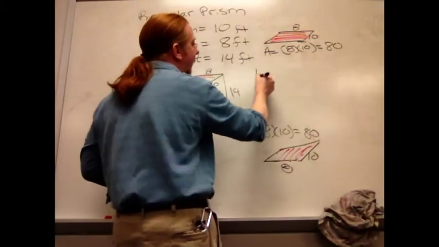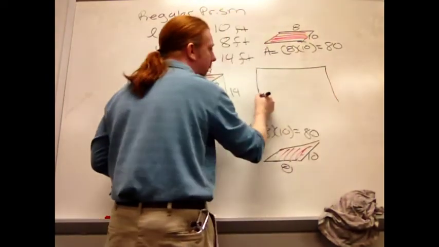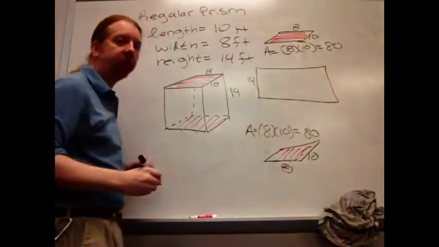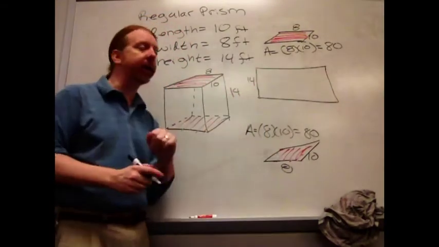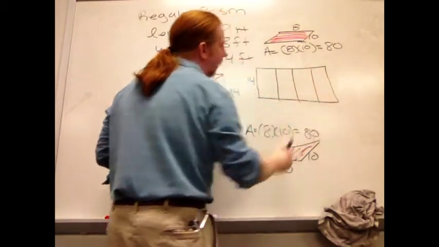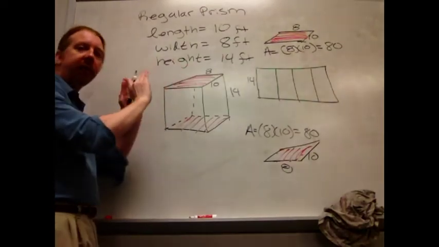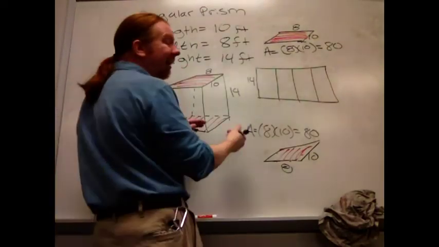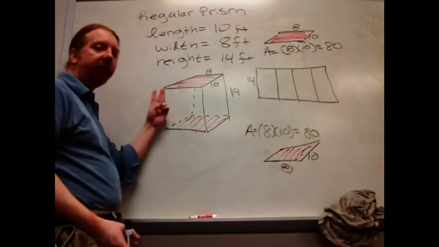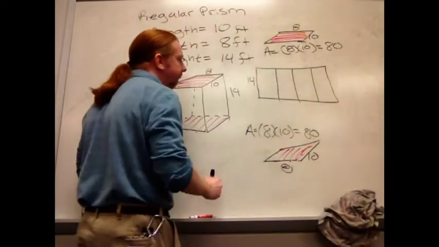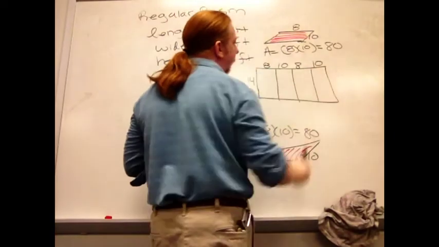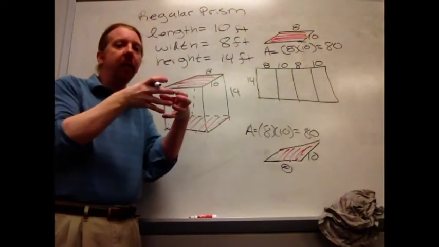What I'm going to do is lay it out flat. Now it's 14 high, so it's still 14 high. When I look at how long it is, each of those rectangles represents one of the sides as it's wrapped around. So basically I've cut the top off, I've cut the bottom off, then I've cut up one of these edges and laid it out flat. So now when I lay this out, I have 8, 10, 8, and 10. So if I were to fold it back up again,